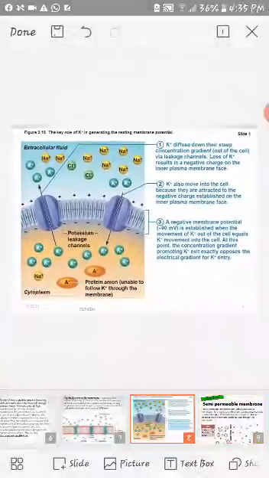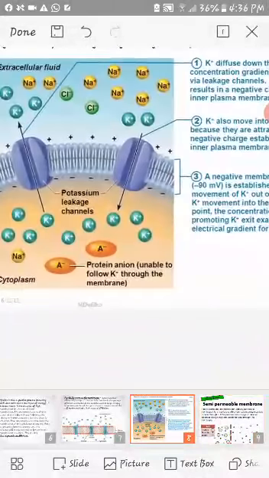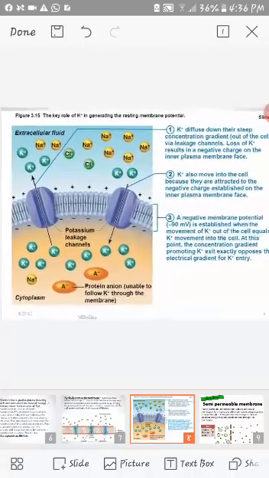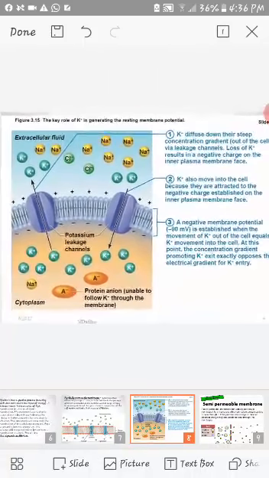Also, based on the electrical charges, these molecules can be moved from the extracellular fluid to the intracellular fluid, right? For example, the inner lining of the cell membrane is negatively charged, right? So what will happen, the sodium ions will move inside, because sodium contains a positive charge, whereas the inner lining contains a negative charge, so they can easily move inside, whereas it will stop chlorine ions from getting diffused, right?